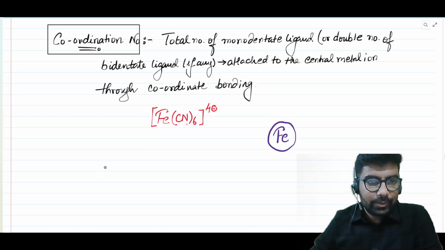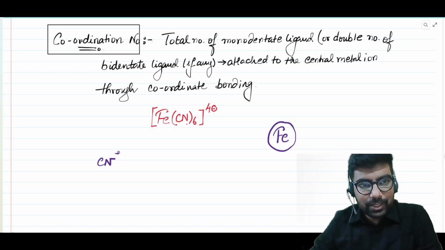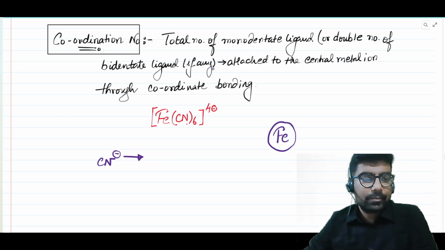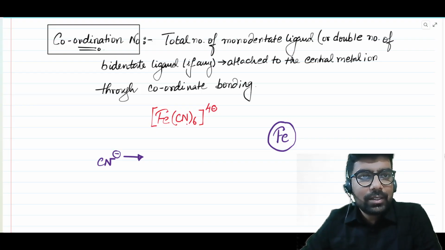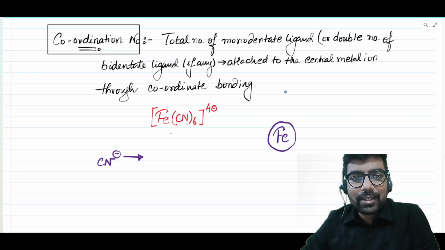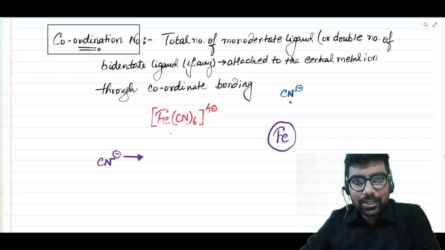Each cyanide, CN minus, can bond with only one atom, carbon or nitrogen, over here nitrogen. So each cyanide is having a coordinate bond with this Fe2 plus. So how many cyanide ions are directly attached to this iron? The 6 cyanide ions,